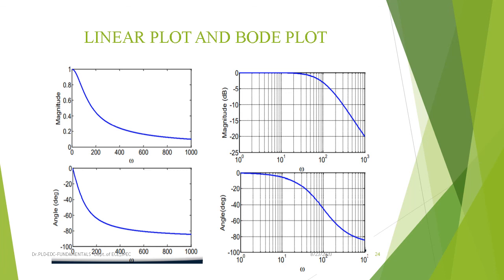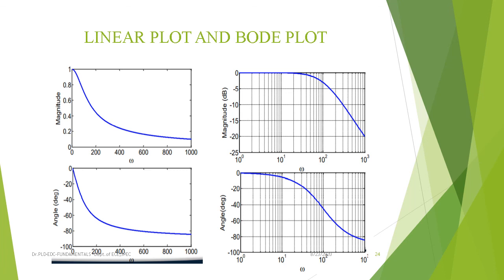I'll show you for 50, that is, suppose omega is equal to 50. If this is 200, this one is 100 and this one is 50. If you consider 50 and extend this here, at an approximation this is 0.9, this is 0.95, so the magnitude is 0.95. That's the meaning of it: for omega of 50, the magnitude is 0.95. Similarly for 800, here it's showing at an approximation this is 0.1, this is 0.13. So the magnitude is 0.13 for omega of 800.